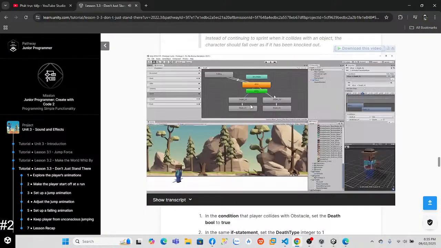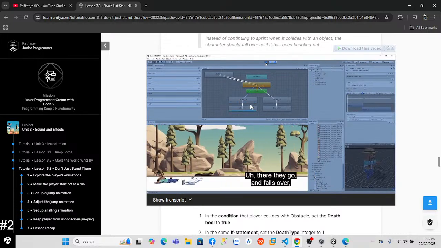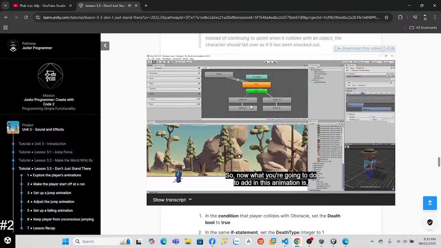Cool, so when we play, let's see what happens when we run into the obstacle. Wait for one of them to spawn. Oh, there they go, and it falls over, and then it goes into the dead state in our animation, so perfect. Now, what you're going to do to add in this animation